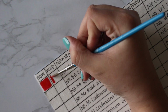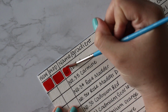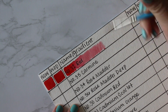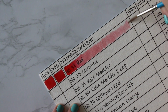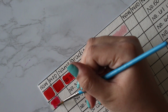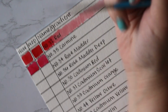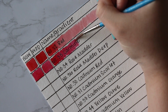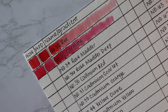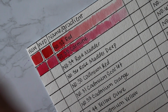So I'm just going to talk a little bit to tell you what I do know about the watercolor palette. I'm just now beginning, so there's a lot of information that I don't know about watercolors and how to use them properly and all kinds of stuff. So I'm just going to tell you what I do know about these specific watercolors. Also, I'm using a Princeton Select brush here. I'll link everything down below. Anyway, so these watercolors are